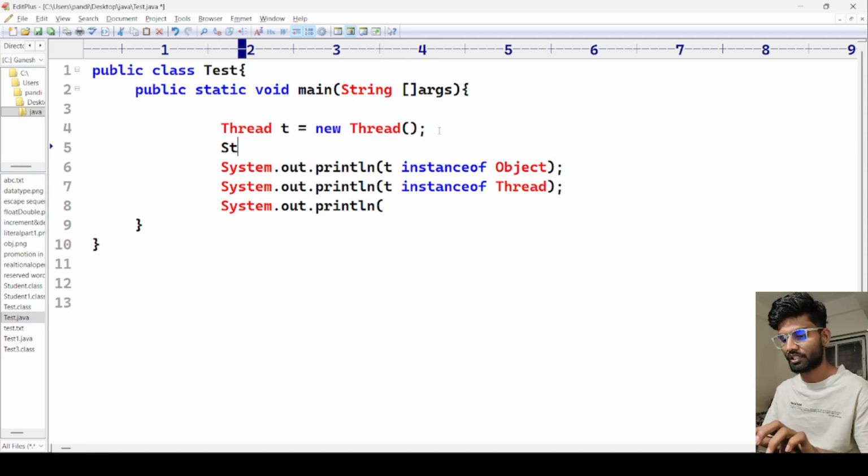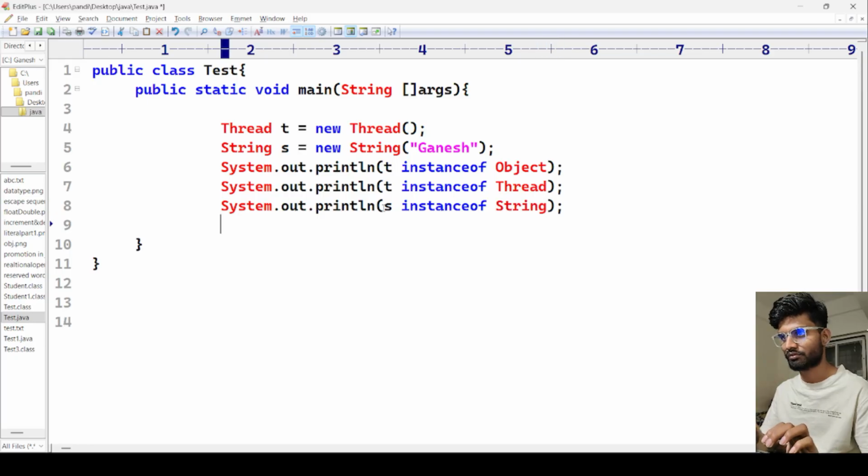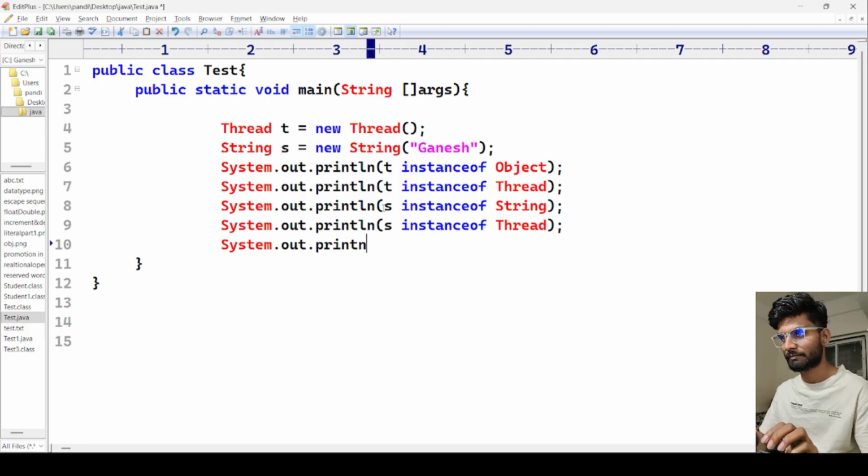I will write here String s = new String("vanish"). System.out.println(s instanceof String). System.out.println(s instanceof Thread). System.out.println(s instanceof Object). Okay,